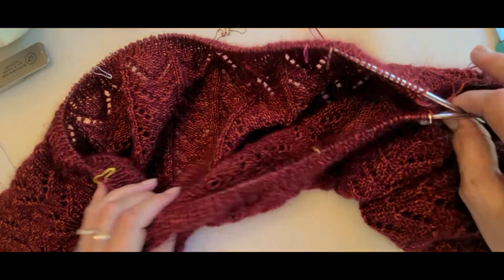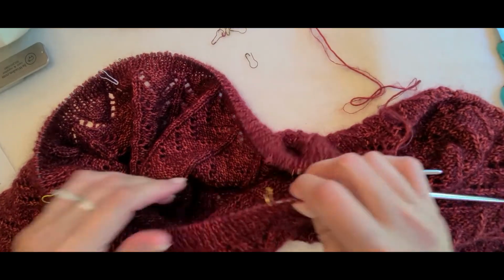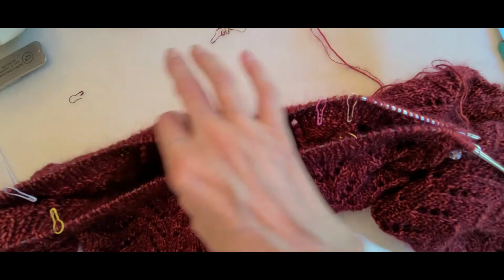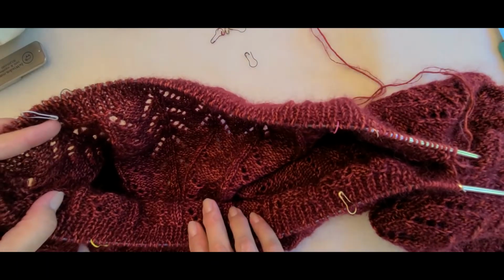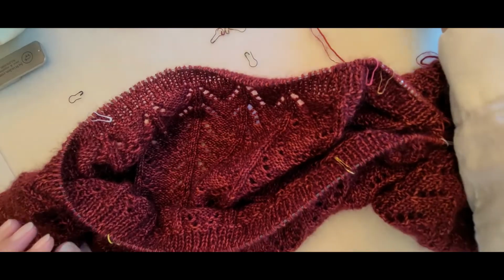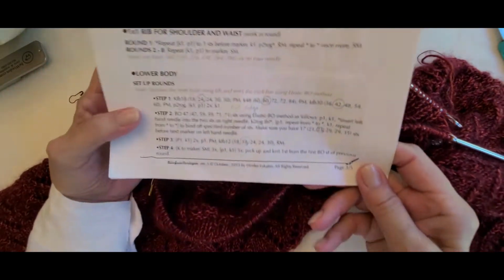So now I'm back at this marker, and what I'm going to do right now is start setting up for the skirt. What we're going to do is a number of knit 1 front and back, and then across the center of both of these sides. This is the back of the sweater, this is the neck of the sweater, so this is where we're going to bind off. So what we're looking at right now is page 3,